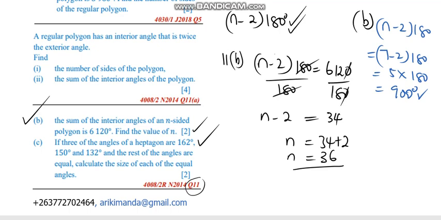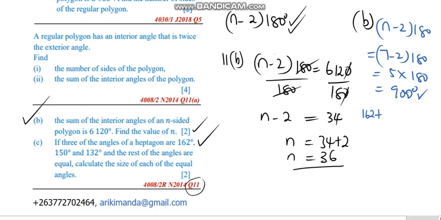Of the 7 interior angles, we are given 3 interior angles, 162, 150, and 132. So the other 4 angles are remaining. Each of the 4 angles we can call x, so that all the 4 angles are represented by 4x, because each and every one of those is equal. So we can safely form an equation and say